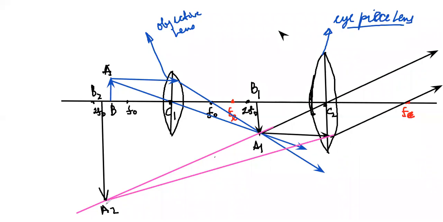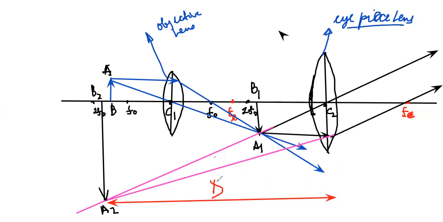And at what distance has the image formed? The image has formed at the least distance of distinct vision. If I try to measure this distance, it will be something like this. So this distance is the least distance of distinct vision. This is how the ray diagram of the compound microscope is drawn. I think this is one of the most important parts of this whole proof. This is how the ray diagram is constructed. I think it's clear to all of you.